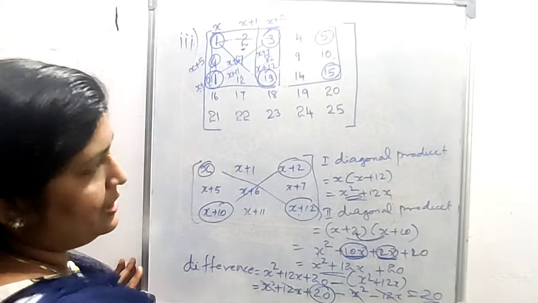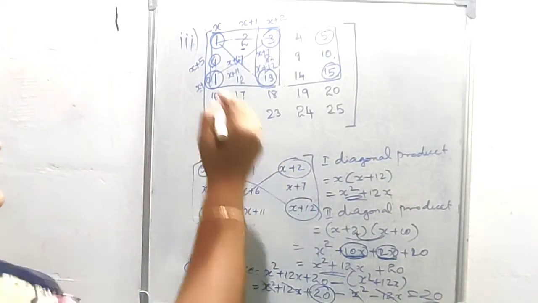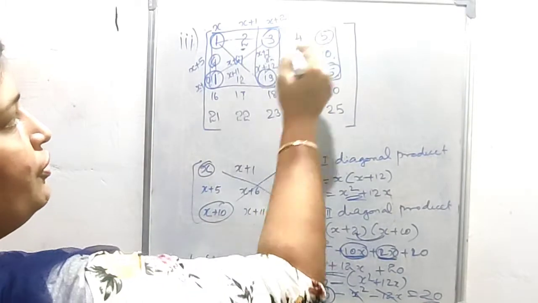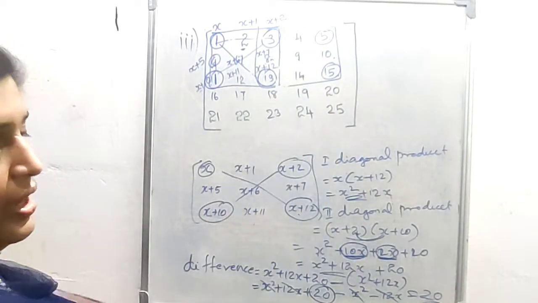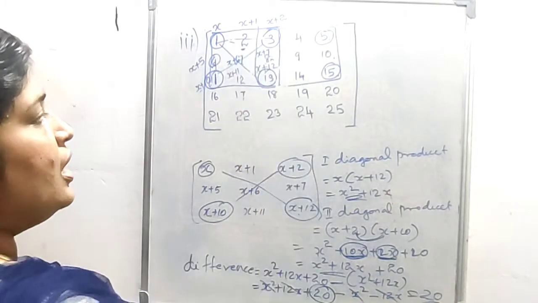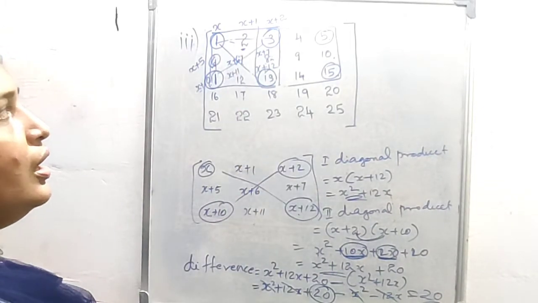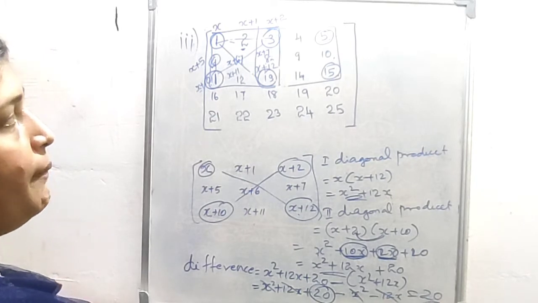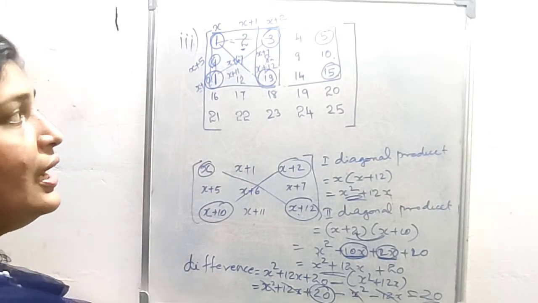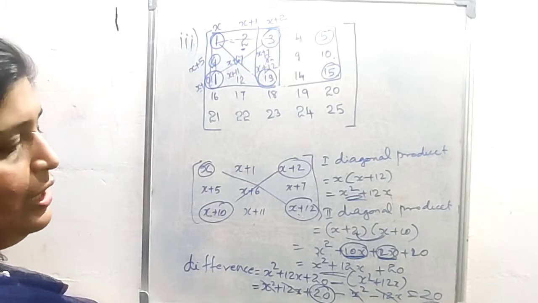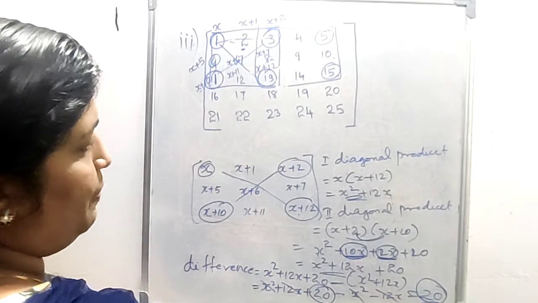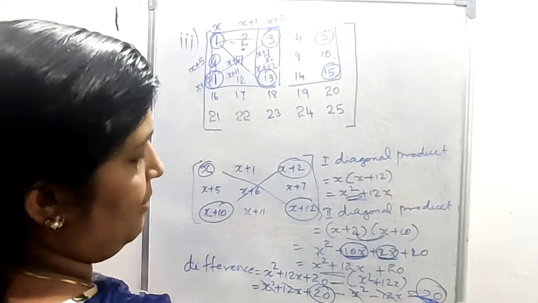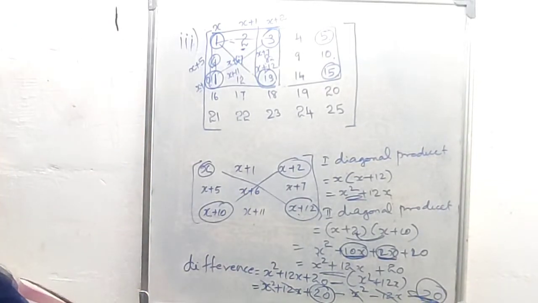Okay, in the last two sets of numbers, that is 1, 2, 3, 6, 7, 8, 11, 12, 13 and 3, 4, 5, 8, 9, 10, 13, 14, 15, in both cases we got the difference in the diagonal product. If we mark the four numbers on the corners and take the diagonal products, their difference is equal to 20, and we can explain this using algebra. Then also we get the same answer, 20.